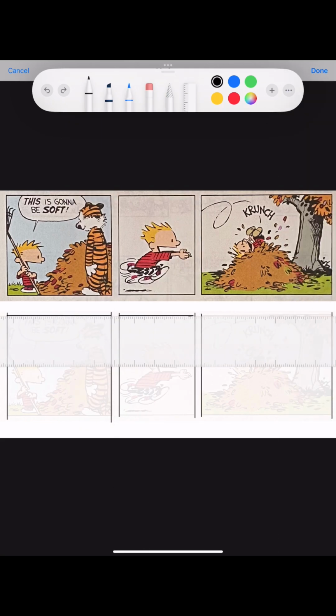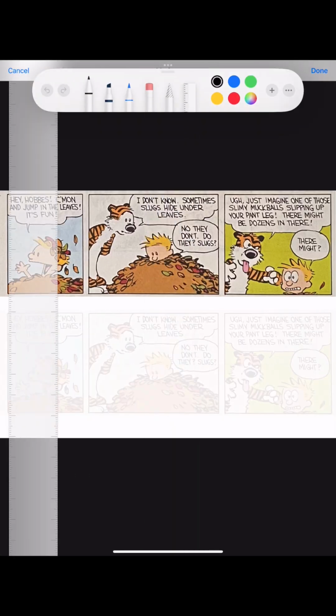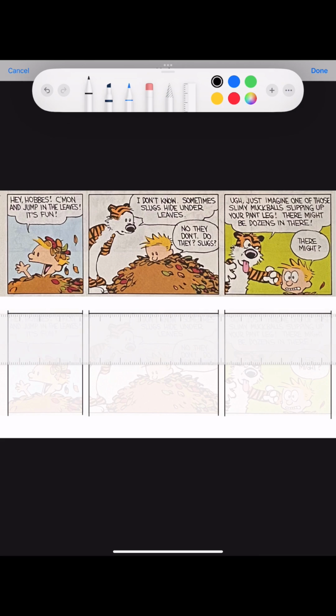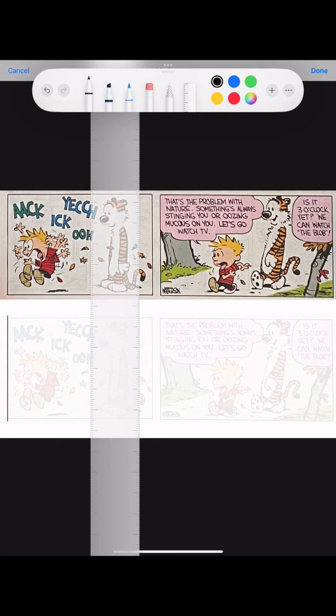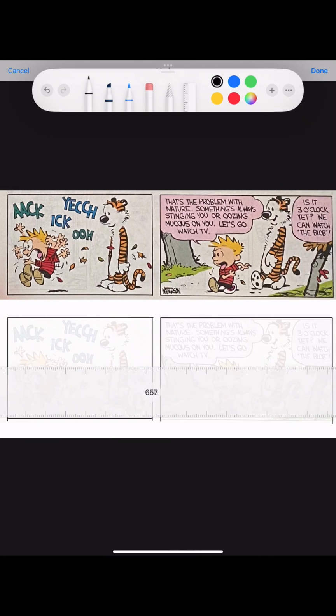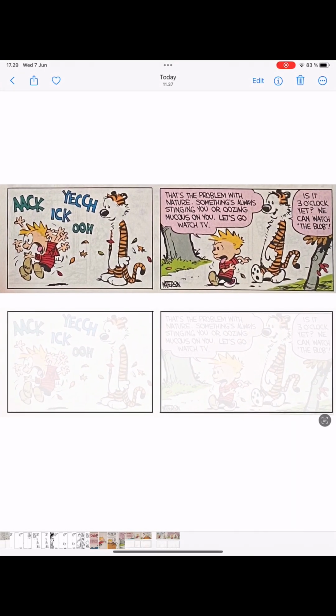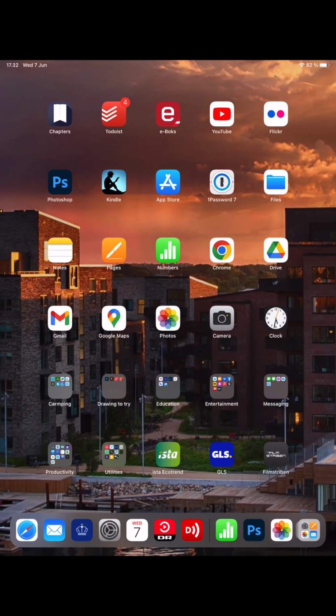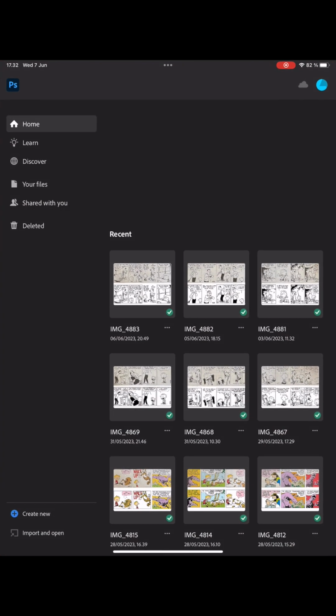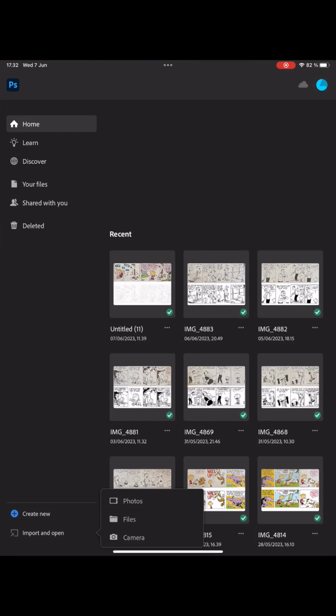I do wish I could do it this fast for real, but I'm just speeding up my video. This always takes a little bit of time, so just doing this part of the setup usually takes me about 10 minutes to get the page set up, at least with these panel lines drawn around each of the different panels. So now I've finished that, and then the next step, the rest of it is going to be done